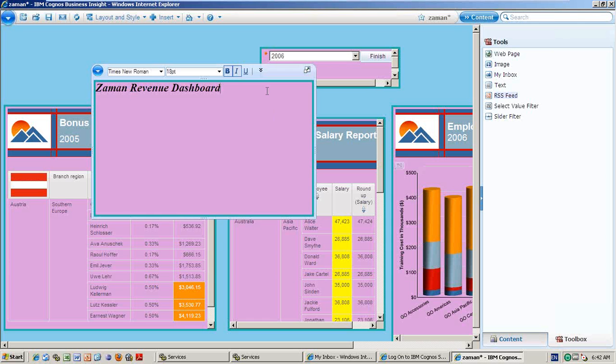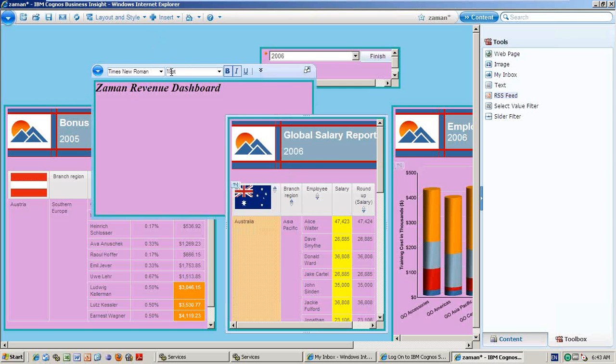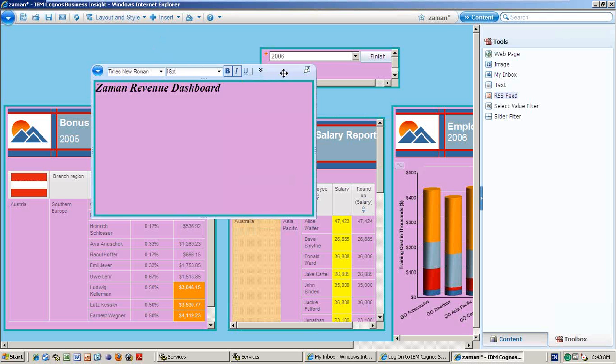Okay. So anything you do it, and then outside you click it. So this is a sales and revenue dashboard.